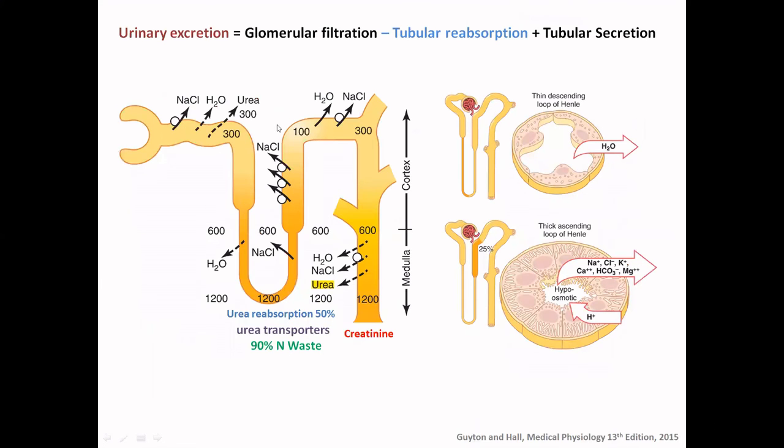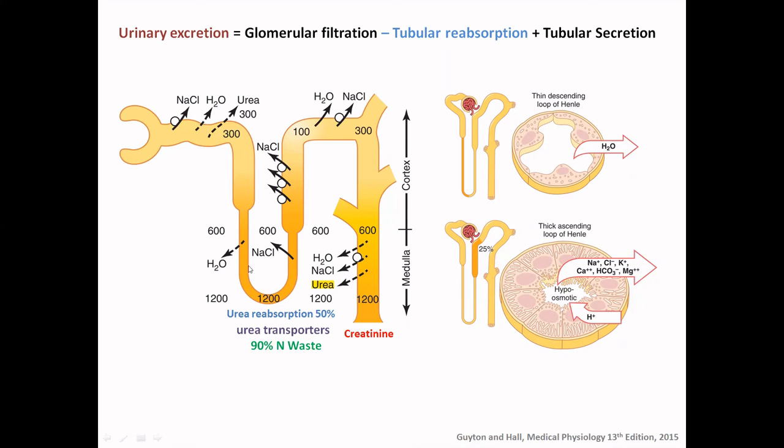Okay. So this is a simplistic explanation of how the various substances are secreted and reabsorbed in the various parts of the nephron. This is the glomerular filtrate, and this is the proximal convoluted tubule. Sodium chloride is going out, as we have discussed earlier. Water is going out because it is permeable to water, as well as urea. And here the osmotic pressure is 300 in the proximal convoluted tubule.